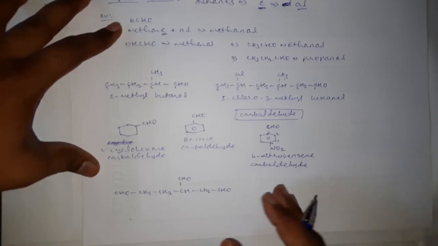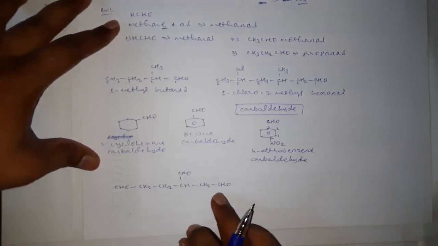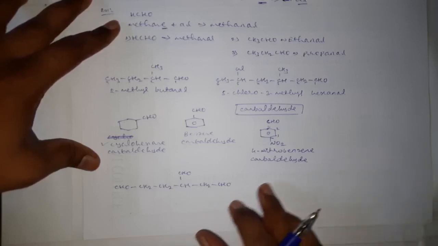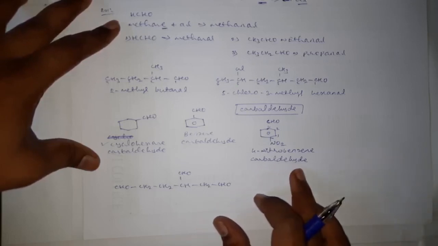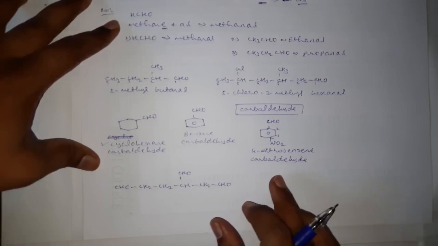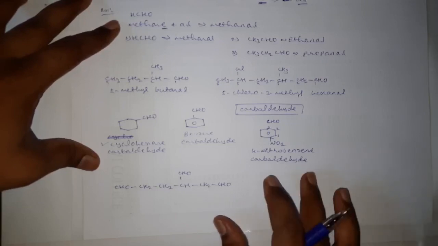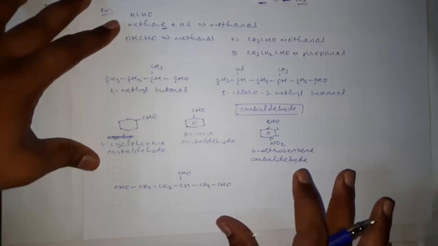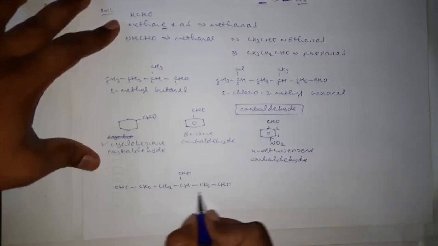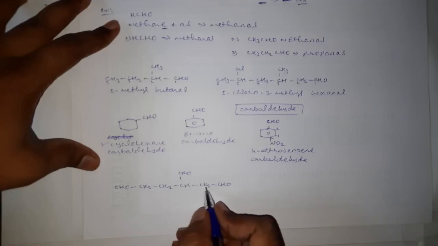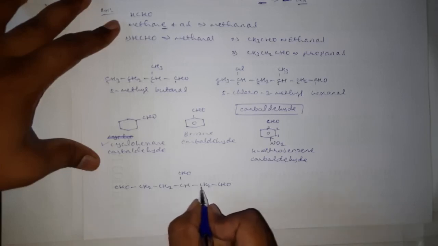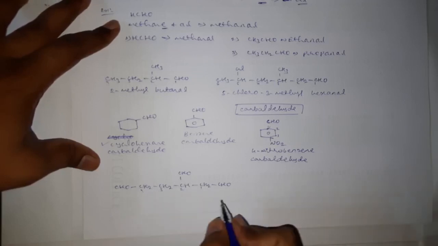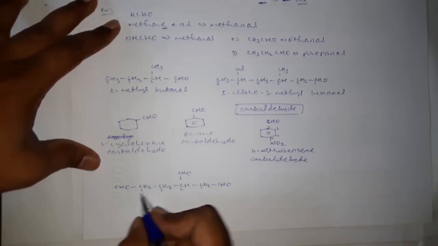If more than one CHO group is there, then there also we have to use the suffix carbaldehyde, but there we have to use the multiplicative prefixes like di, tri, tetra to indicate the number of CHOs. And for this one we should start numbering from this carbon, 1, 2, 3, 4, and here the E of an alkane should be retained,